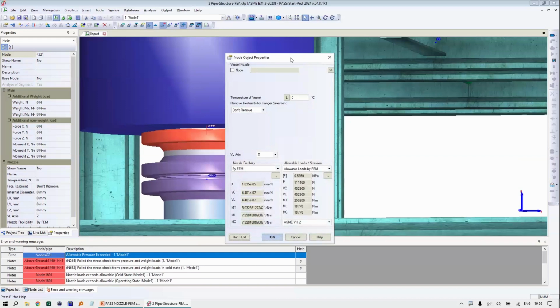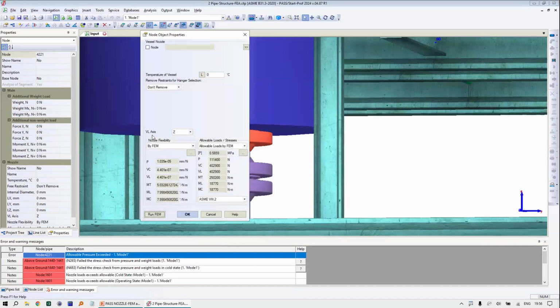I just double click this vessel nozzle, and for example, for nozzle flexibility, you can use rigid, no flexibilities, manually input flexibilities, use WRC code, use PD code, and use finite element method. And for allowable loads, you can choose not to check allowable loads, define manually allowable loads, use WRC code to calculate stresses in this nozzle, use finite element method to calculate stresses in this nozzle, and calculate allowable loads using finite element method. If you choose